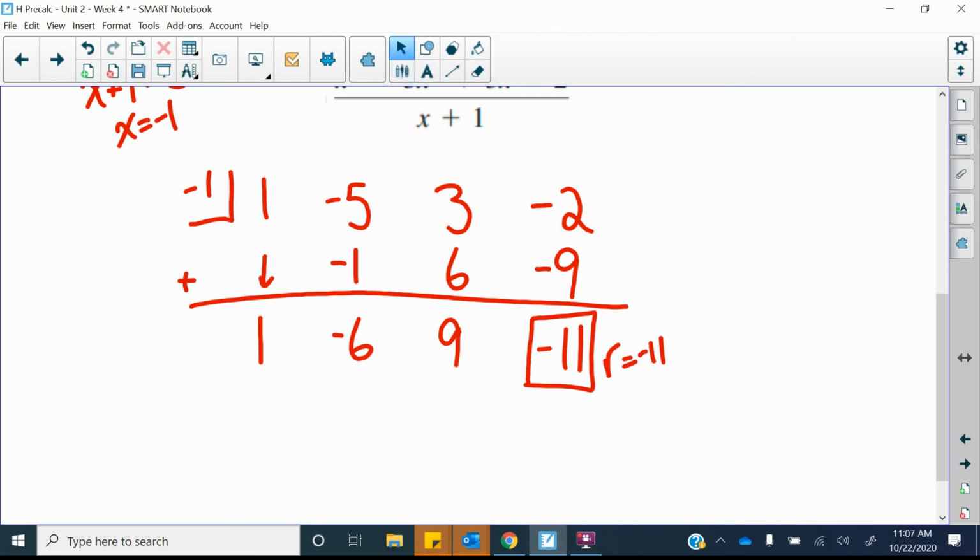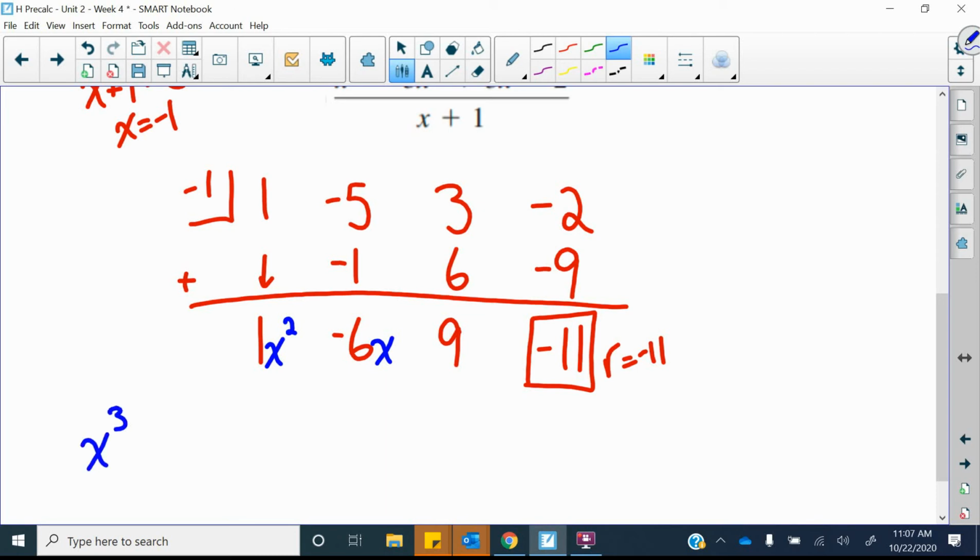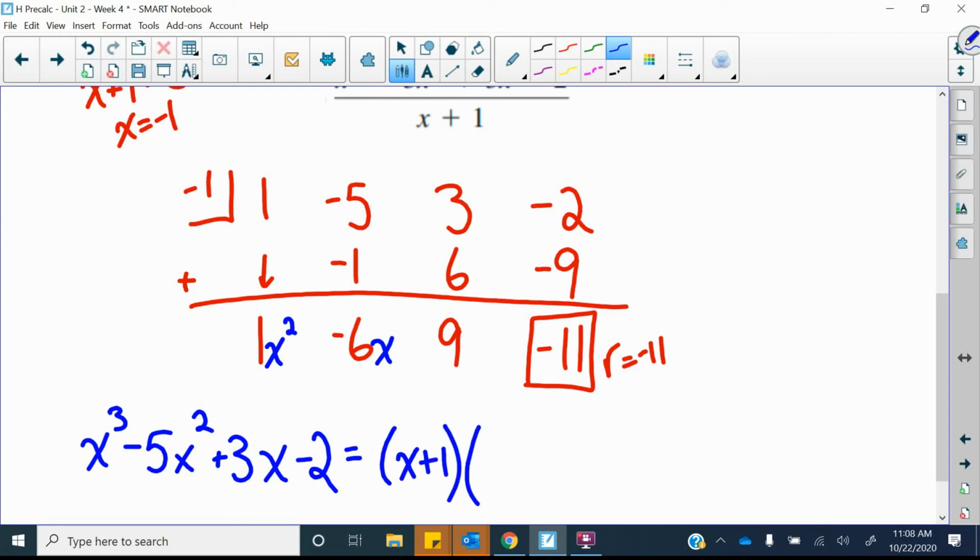And working in the left direction, that means 9 is our constant value, -6 is our x value, and +1 is the x squared term. So let's see, if I write this out, we have our dividend, which is x to the third minus 5x squared plus 3x minus 2 equals our divisor, x plus 1, times our quotient. And I'm doing polynomial form first just because it's easier to go from polynomial form to your fraction form. We have x squared minus 6x